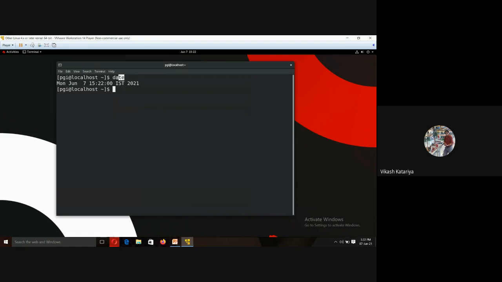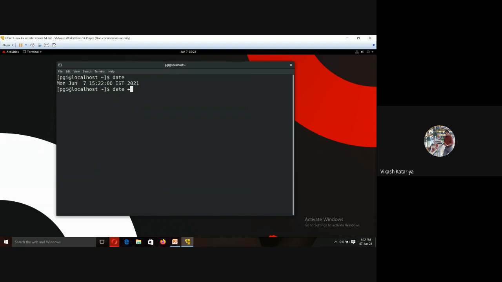Now we can use so many parameters. As I told you, date is not a single command. It has so many parameters, and we can customize the output of the date command by putting some parameters. Suppose I want to print only the hour. So we have to type date, and the parameter will be associated with a plus sign.